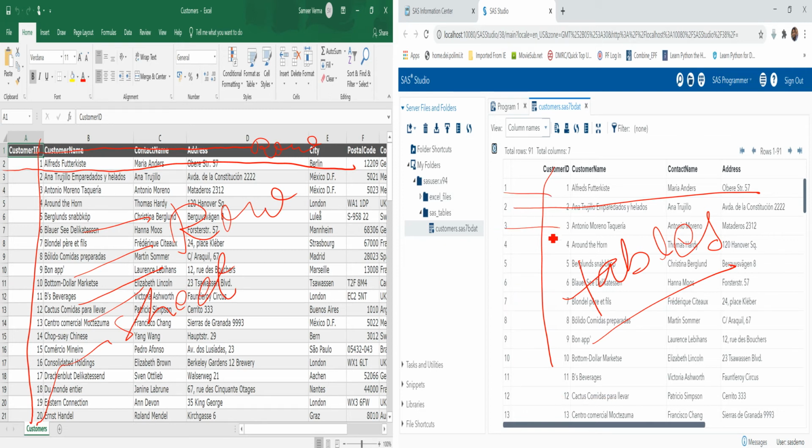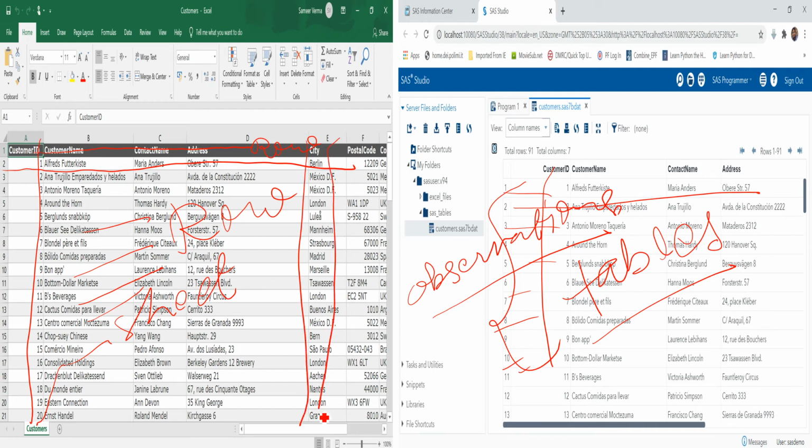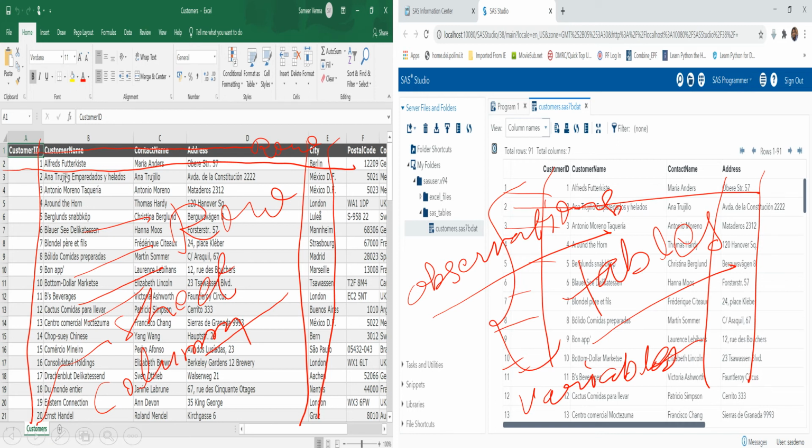All these lines, 1 2 3 4 5, will be called observations. Here this part is known as a column, and in SAS a column is referred to as a variable.